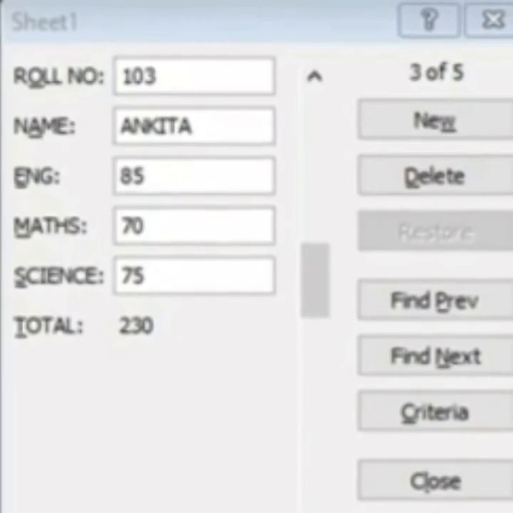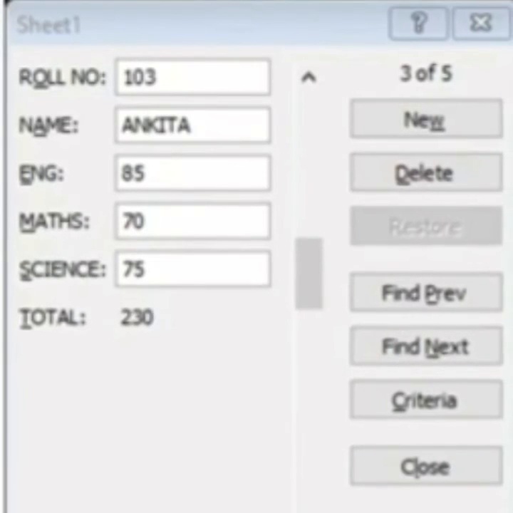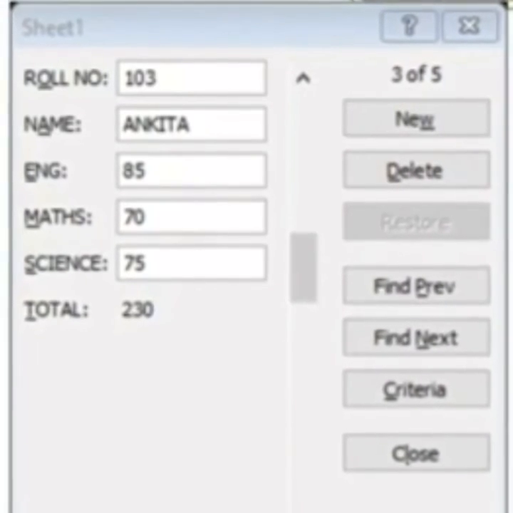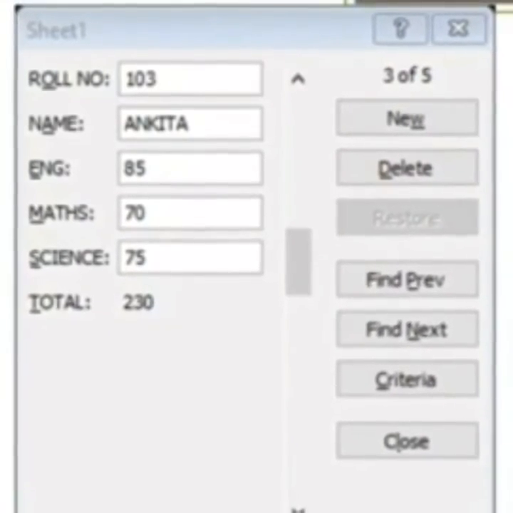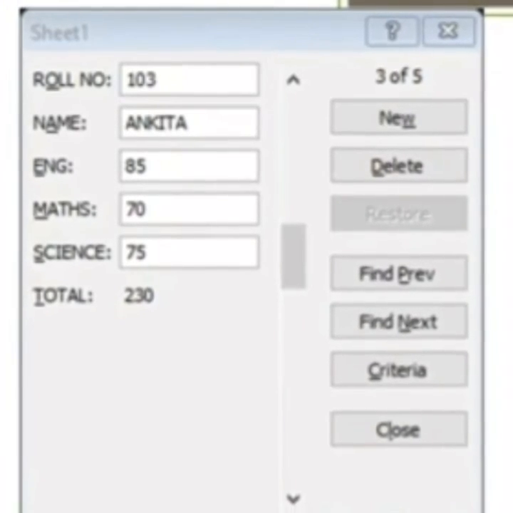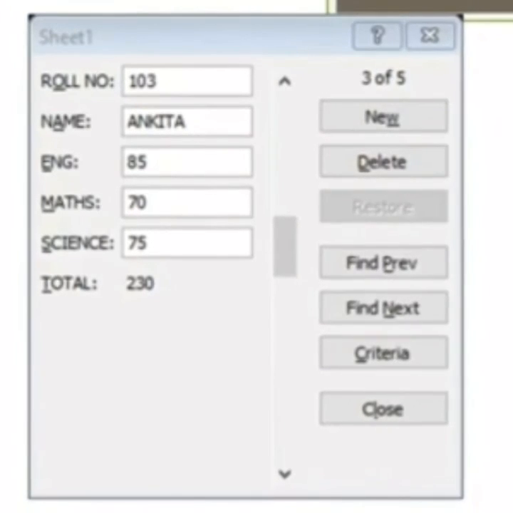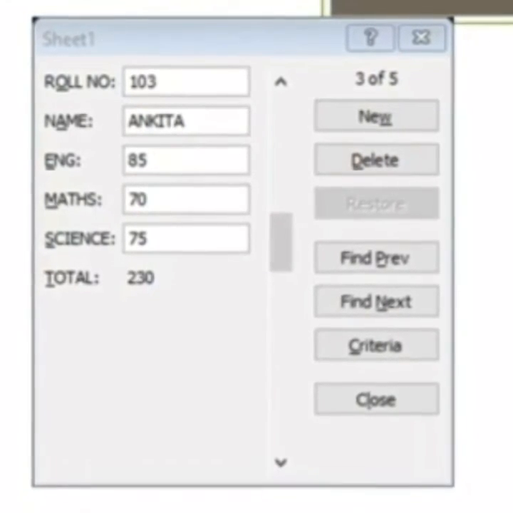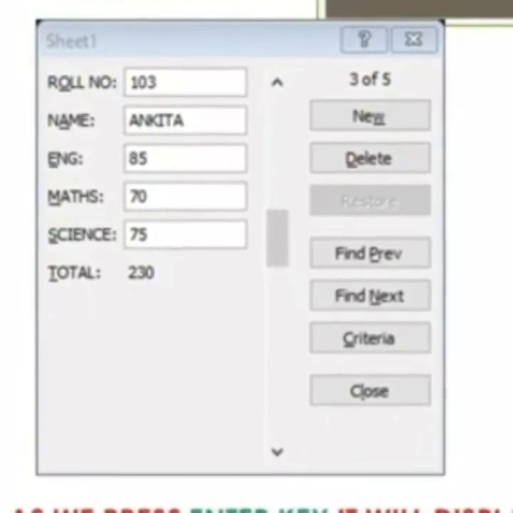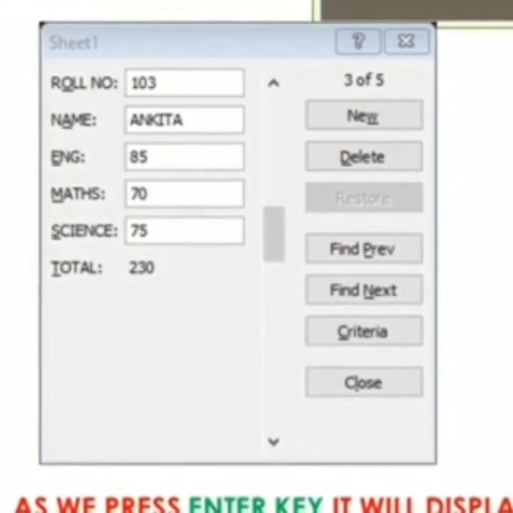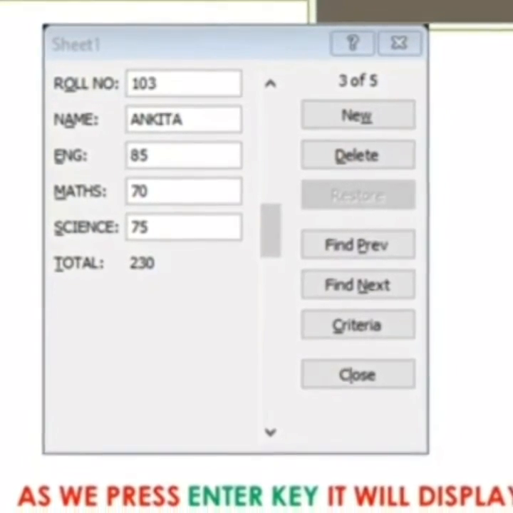As we press the Enter key, it will display the record which matches the criteria. Like I have given 103 roll number, so it will display all the details about 103 roll number, all the information about the given roll number.